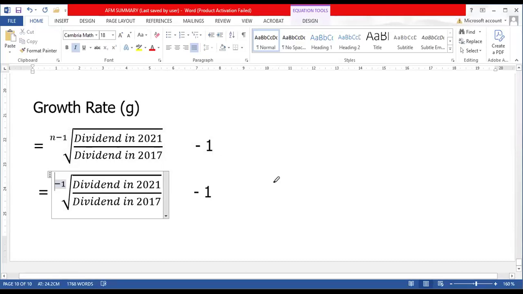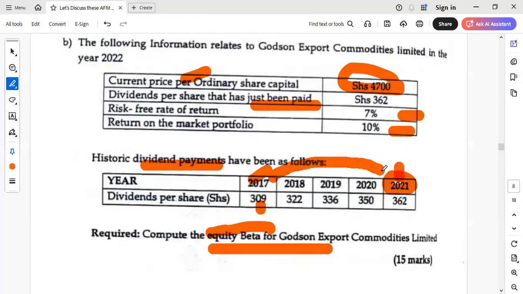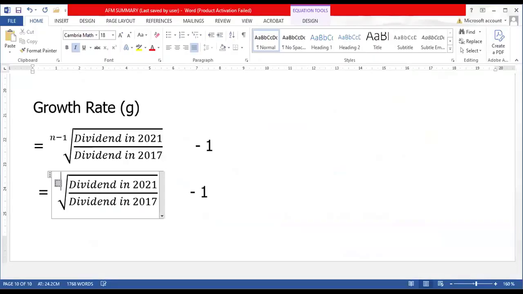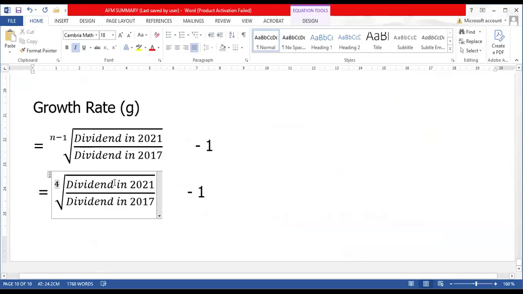You have from 2017 to 2021. Those are how many years? These are 5. 5 minus 1, you get what? You get 4. Don't put that one on the calculator. 5 minus 1, you get 4. So divided by